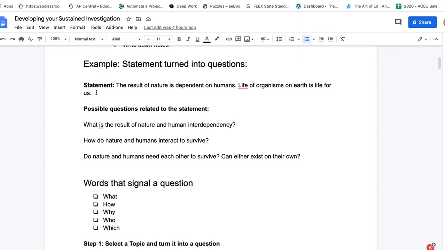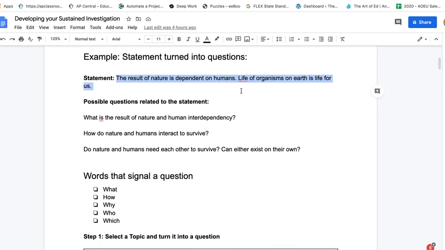So this is an example of a statement. The result of nature is dependent on humans. Life of organisms on Earth is for us. So that's just telling us information. And so what I want you to think about is how you feel a shift when you hear these questions start to form. So these questions are all built off of this top statement. So possible questions could be, what is the result